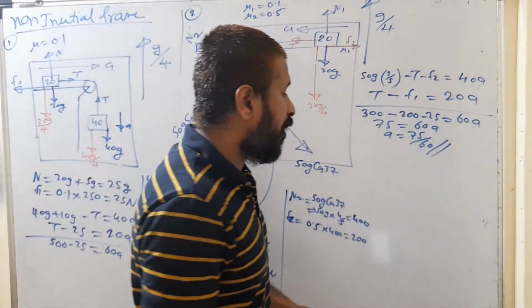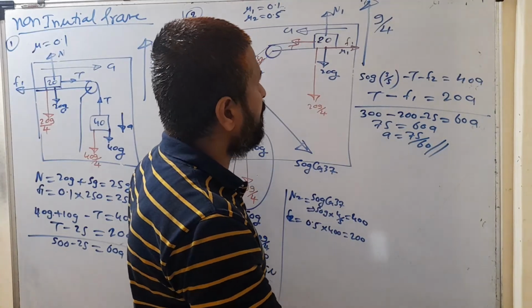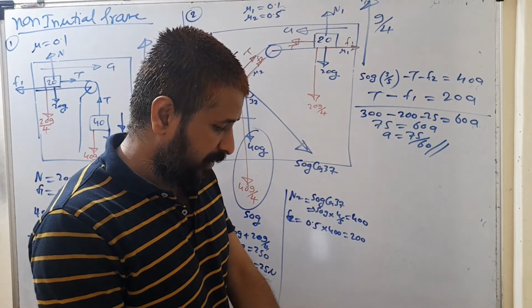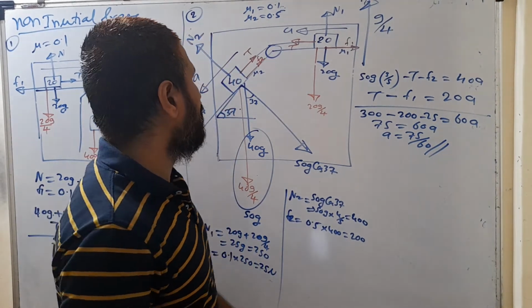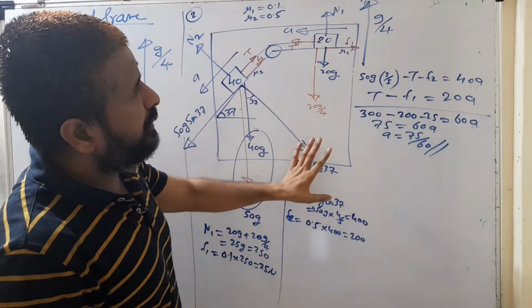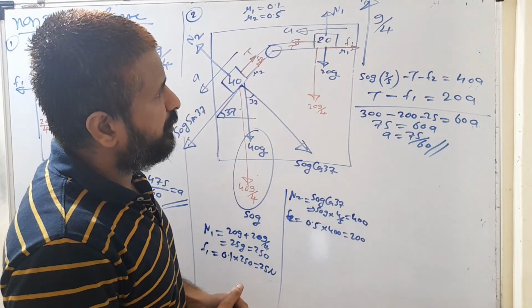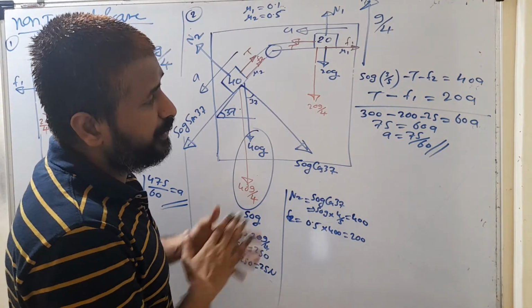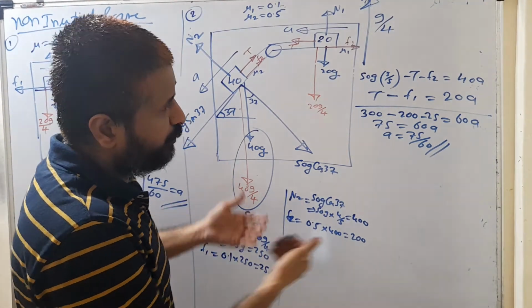Clear? So for a horizontal surface, N is equal to mg, but for an inclined surface, N is mg cos theta. That component is the normal action force. You have to find the component. यहाँ पे और इस केस में क्या था? Because this frame is non-inertial. So when frame is non-inertial, first term which you have to add, you have to consider pseudo force. पहले pseudo बना लेने का, otherwise हम भूल जाते हैं.